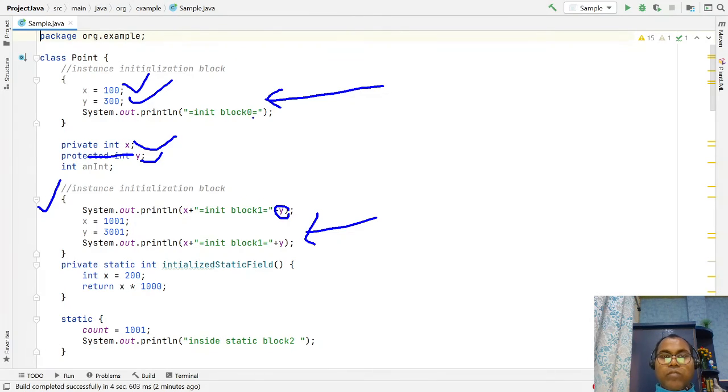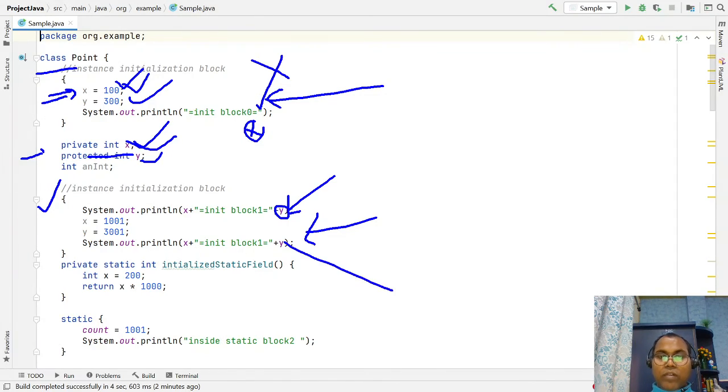So if here I am trying to access x, at this place this variable is not declared, only initialized. Due to that, the compiler does not allow it. But here this variable is declared, and also initialized somewhere, and then it can be used here. So please be sure that you can declare a variable anywhere and initialize it anywhere. But while you are using it, both initialization and declaration should have happened. This is the rule for variable access.